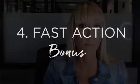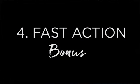Anytime we have to come up with a numerical value, we're really susceptible to the anchoring effect. And if you see a number like 5,000 right before you see the 1,000, it's going to make it seem so much more attainable. It's just really cool. The brain's a crazy, crazy thing. So I would highly suggest including a VIP offer, playing around with the price points, and just seeing what type of results you get. Now we'll move on to the third component of your offer strategy, and that is